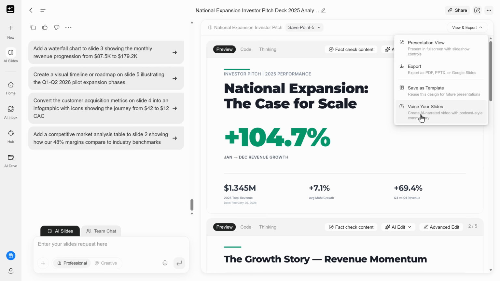You could even create an AI narrated video with podcast style commentary for this presentation. That's a fun one. Now, what normally would take me hours outlining, designing layouts, formatting slides, building charts, now happens in just minutes. Now that we have the strategy and the pitch deck in place, let's build the marketing assets